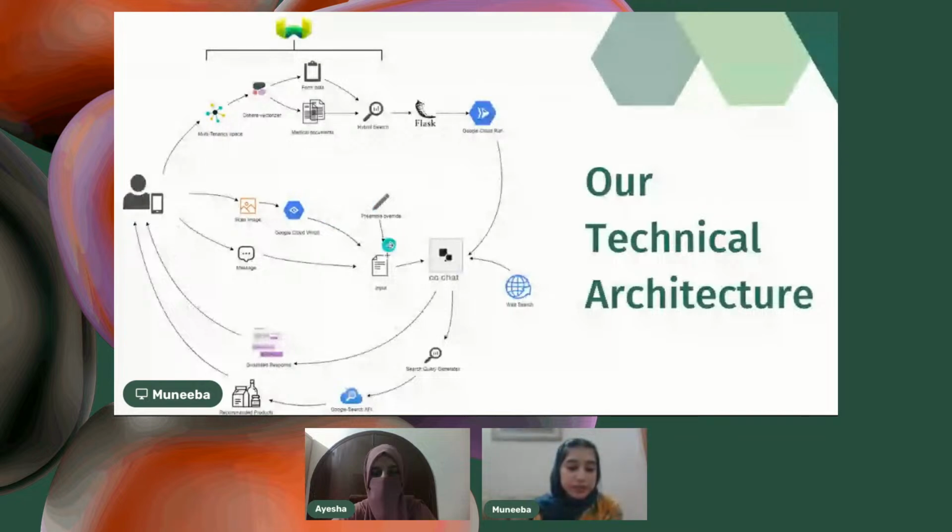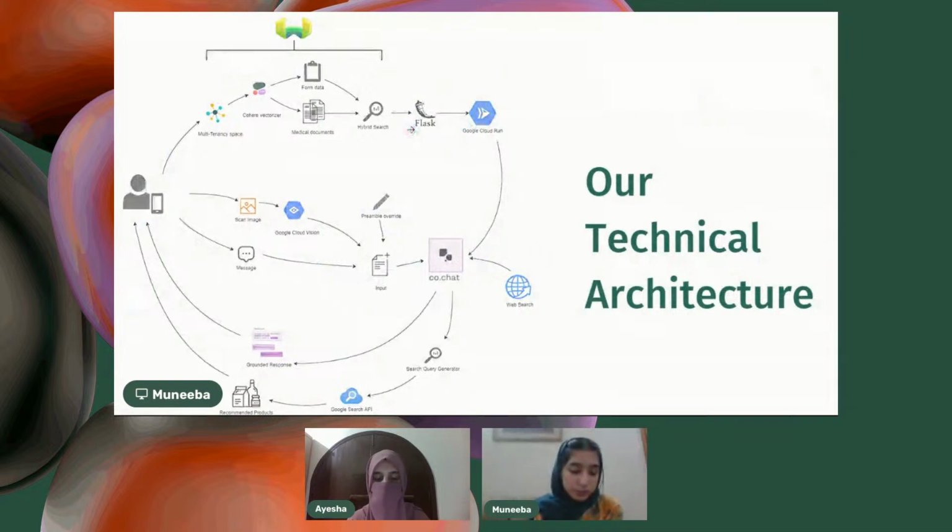Once a user takes an image, the Google Vision API just converts it. Preamble override is used, which is basically like "you are a professional nutritionist", and along with the user's message we've crafted an input that goes into CoChat. Now over here, we've basically uploaded all the data to VBA, which is then queried every time CoChat uses its two connectors, one for the web and one for the one we've deployed using Flask. So let's just quickly dive into each screen of